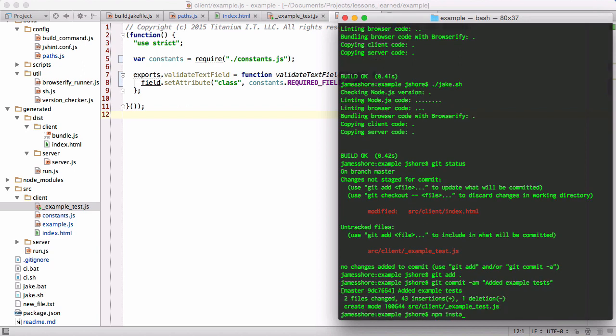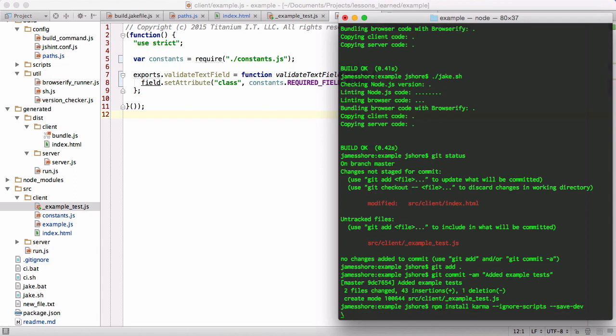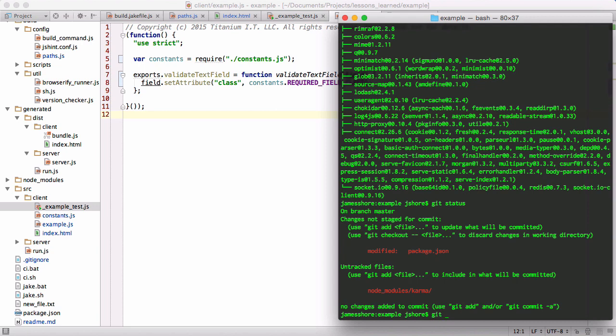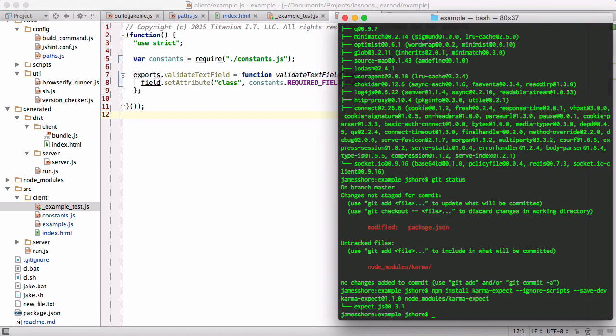And then we'll need to install Karma. As always, we'll want to ignore scripts and save it to our package.json. Once that's installed, we'll also need to install Karma expect for the expect.js support. And we'll want to install